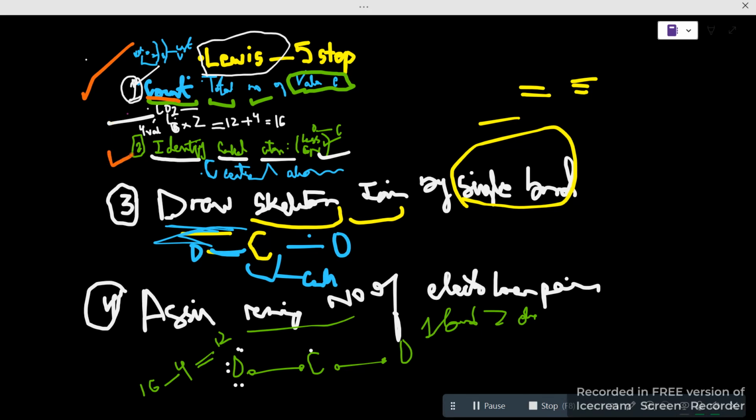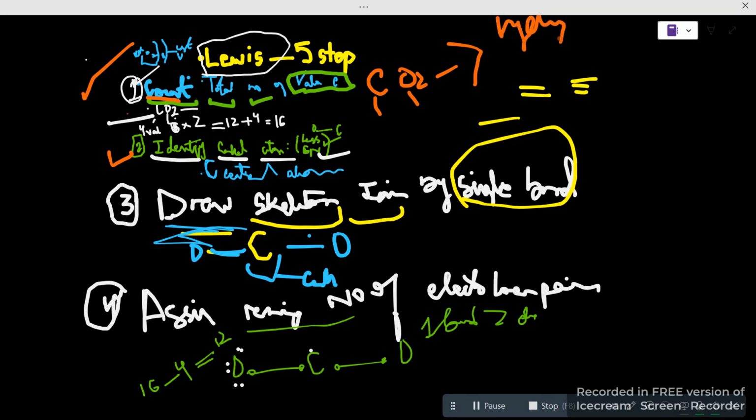Then the second step tells us to identify which is the central atom. You need to identify which atom you can consider. If I take an example of CO2, we have carbon and oxygen. So how will you identify which atom should be placed first? Let me tell you one more important point here, that